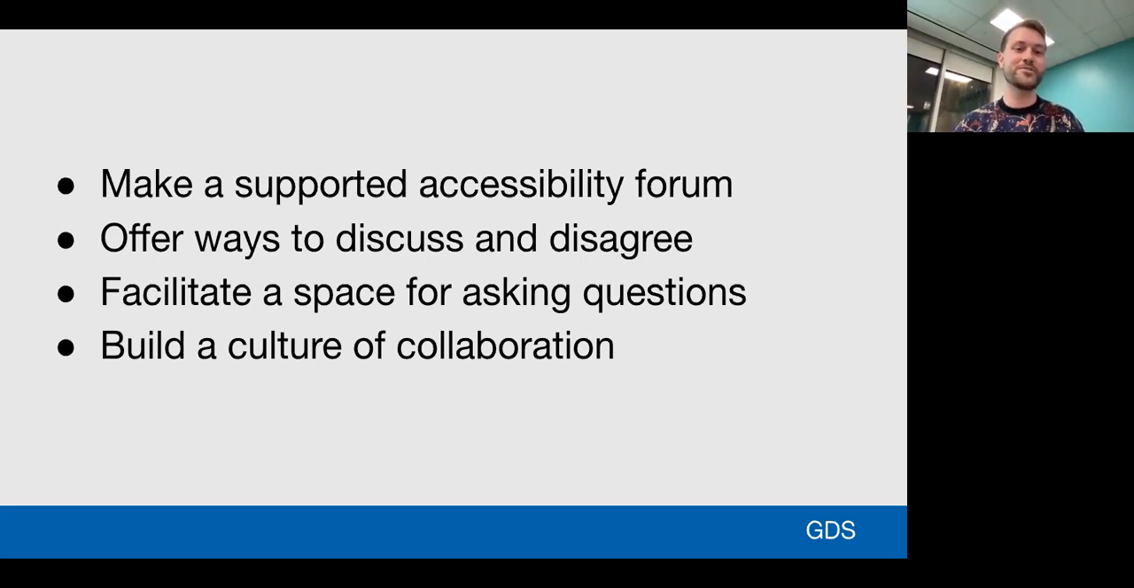So facilitate a space for asking questions. This is really valuable, especially in a space like a government where there are governance structures and hierarchy. If people don't feel comfortable asking questions and getting pragmatic and helpful answers, it's going to be really difficult for teams across the government to implement accessibly. I'll jump up to the top one now, make a supported accessibility forum. I said forum because the other word for that is community, and I already said community. But basically,